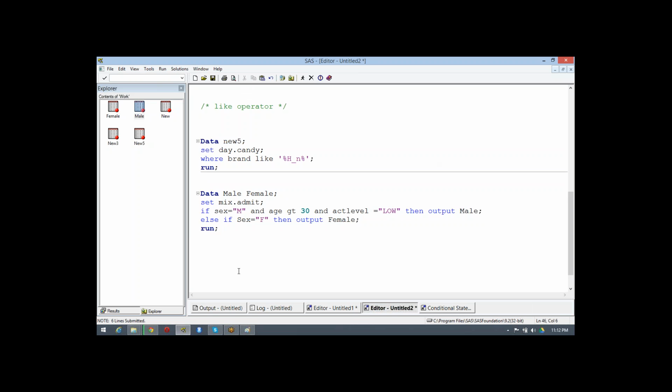Now, same as your if statement for a logical test, you can use the select statement again, back. So same as if, select also works.